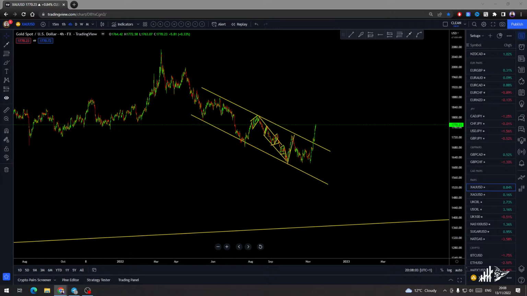Which time frame is best? There is no best time frame. That totally depends on your entry strategy. There doesn't exist a best time frame or a most powerful time frame and so on.